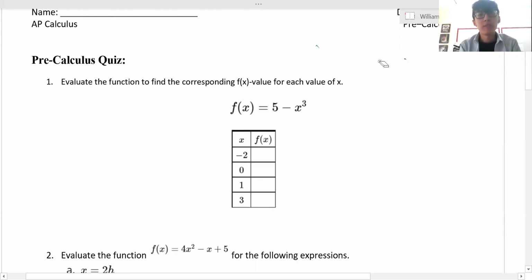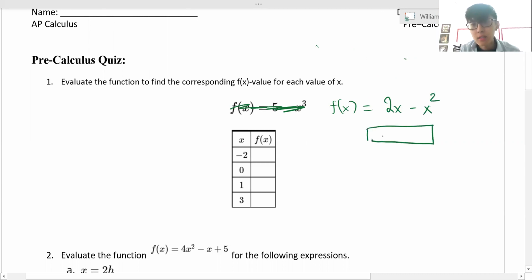So number one, evaluate the function to find the corresponding f of x value for each value of x. So let's switch out my function. Let's say my function is not this, but it's 2x minus x squared. Let's say that's my function, right? And they gave me a table, and my input was